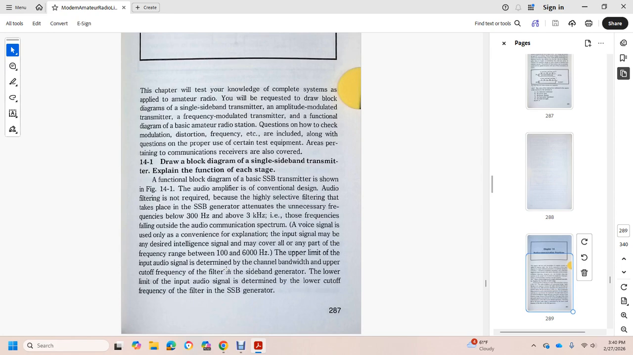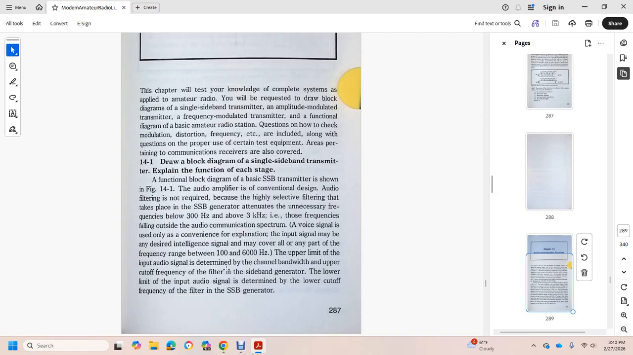Figure 14.1 shows that the audio amplifier with conventional design does not recover this, because of the highly selective filtering. A single sideband generated attention wave is necessary for the frequency from 300 hertz to above 300 kilohertz. Those frequencies are all outside of the audio communication spectrum of the voice signal. It is used only for the conveyance of the input signal, which may be the intelligence signal that may cover any part of the frequency range of the 100